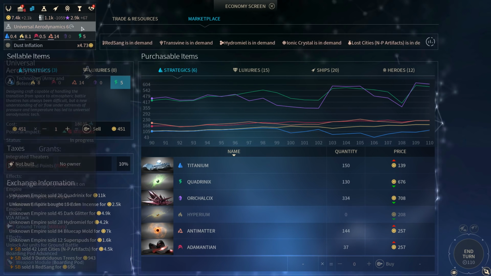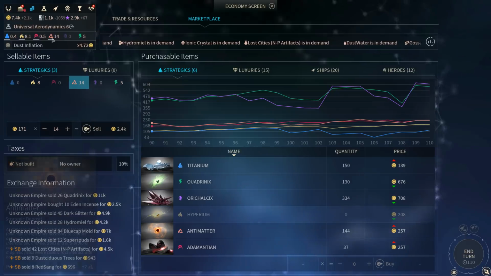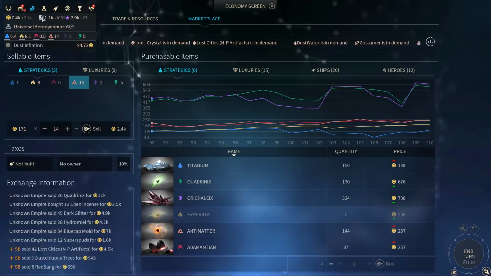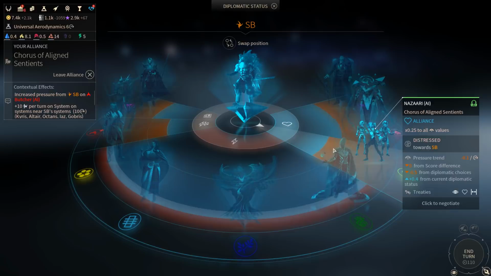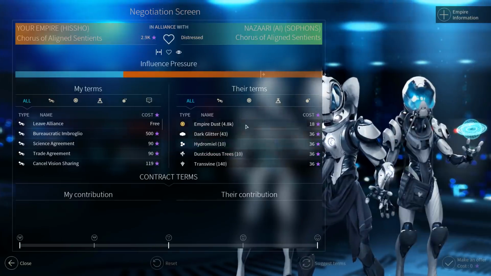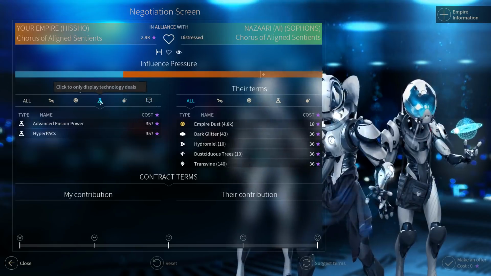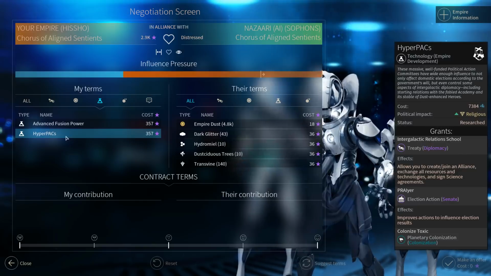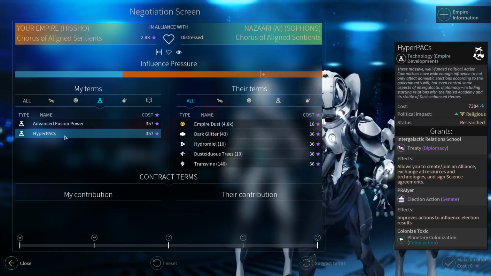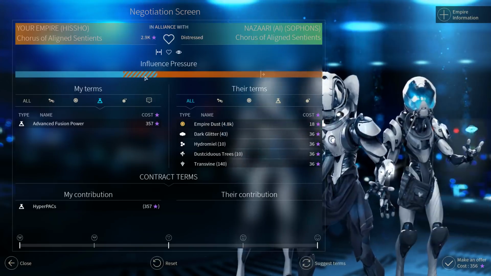I have enough influence that I guess we could trade with players instead of just selling off all of our resources. Although I don't have a ton of stuff of value. Let's maybe go have a chat with our alliance mates. Maybe one of them will have some dust and a desire to... I don't know, get some tech from us or something. Do you want all of these hyper packs? In exchange for...